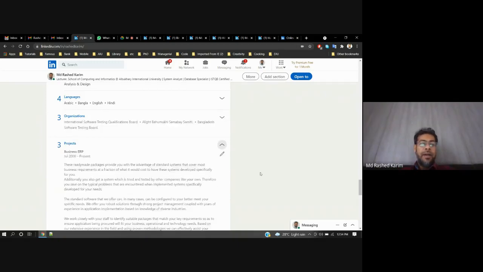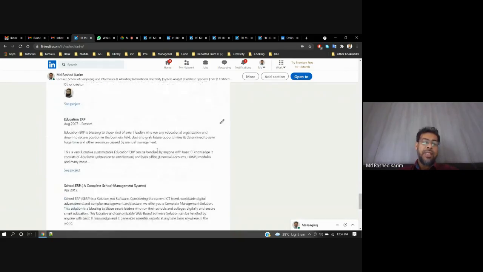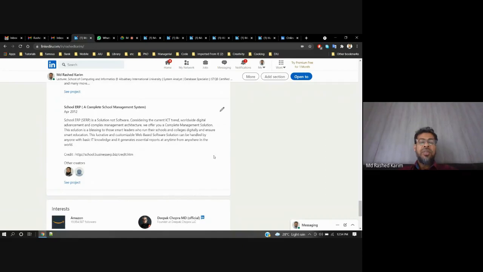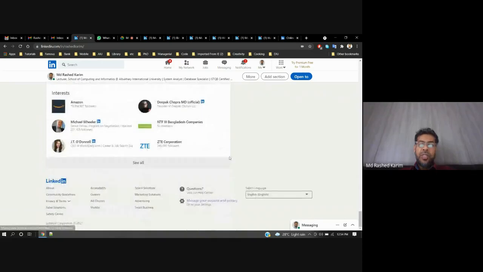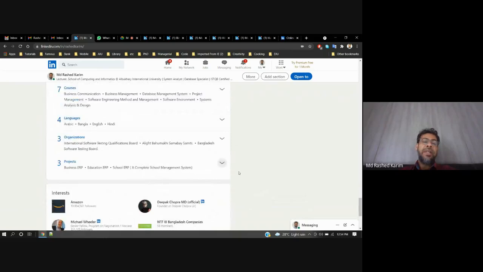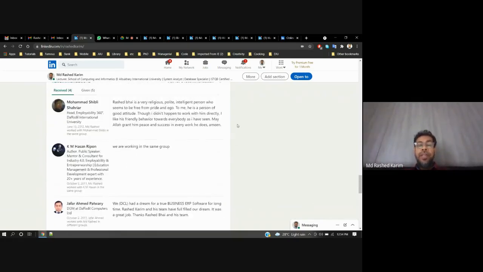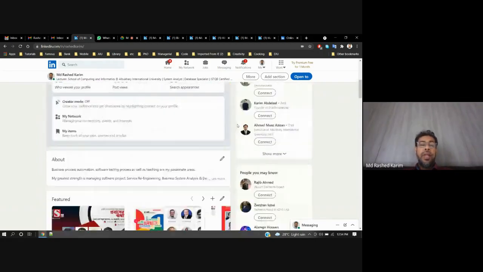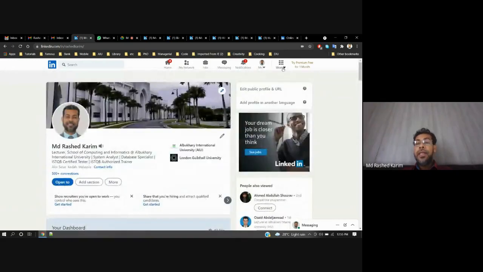And I have put some work in there, some projects I have done. I just put some of them. So this is mostly the basic configuration, or basic elements, of creating your profile. Do you have any questions? After that, I'll discuss some points like security. And another thing, I need to give you some snapshots.